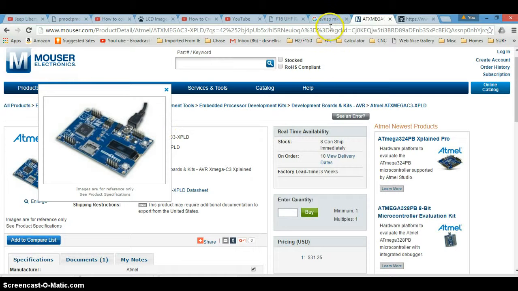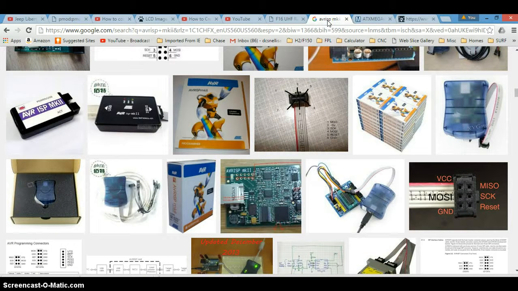And I think this AVR ISP Mark II, they might be discontinuing it. I'll be doing some other videos. I have the ICE, so it has a built-in debugger, and it's a little more expensive, but if you're looking for a cheap programmer, you can